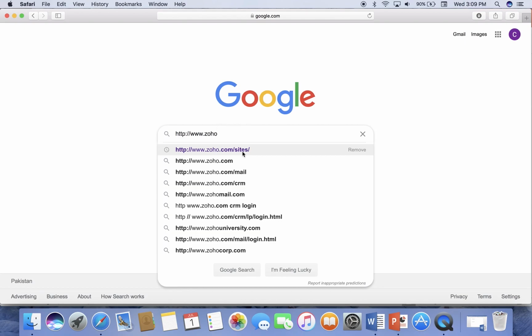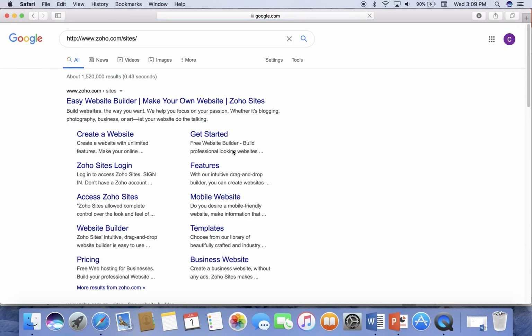Students, you can see over here in the suggestions, while I typed some keywords of Zoho Sites, it showed me the website. If you want this one, I can type the complete URL over here as well, and I can select this one as well. This is the address of Zoho Sites.